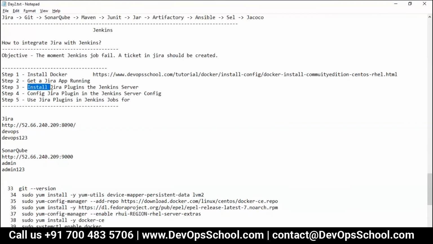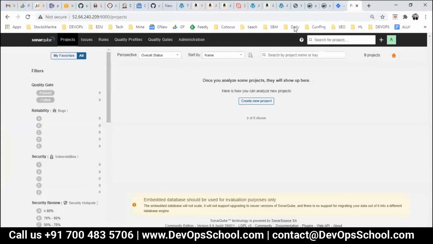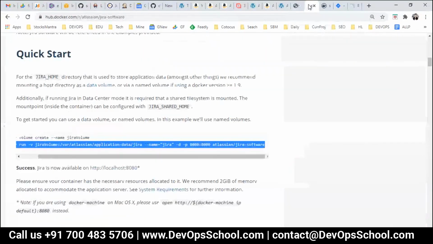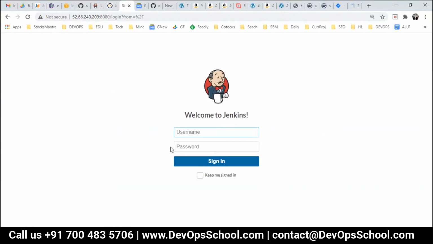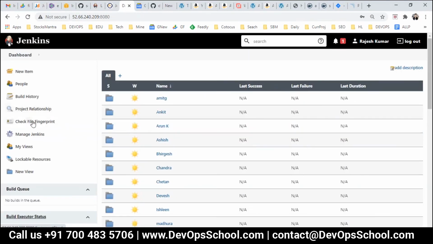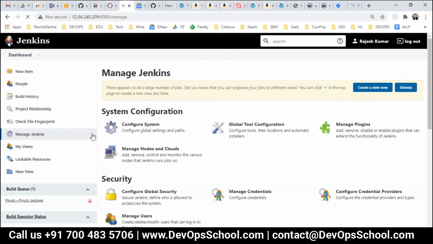No question. So guys, how to install the Jira plugins in the Jenkins server? You know that very well by now. So I am going to hit the same URL, where I'm going to show you: Manage Jenkins, and here Manage Plugins.